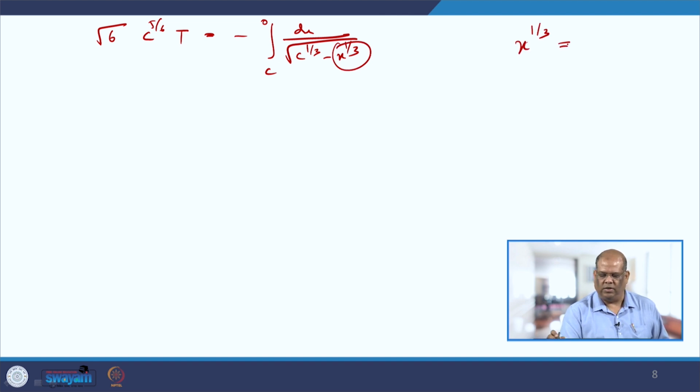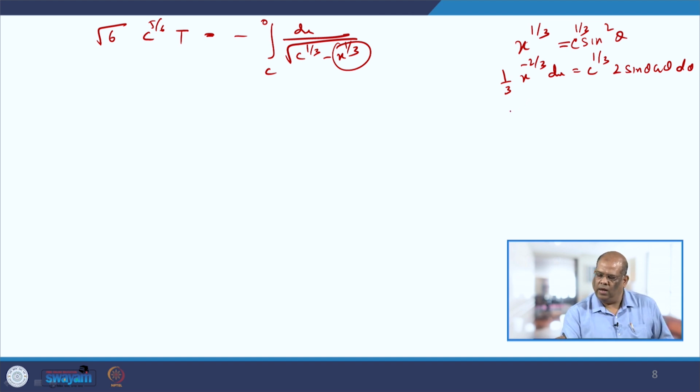In this kind of integration, if you recall, we substitute a trigonometric substitution, say x to the power 1/3 equal to c to the power 1/3 sine square theta. So, that if I take c to the power 1/3, I get 1 minus sine square theta, which is cos square theta, and then we can simplify. If I differentiate, it is 1/3 x to the power minus 2/3 dx is equal to c to the power 1/3 2 sine theta cos theta d theta,